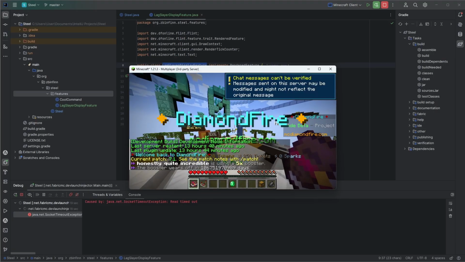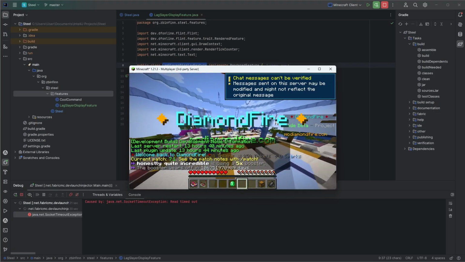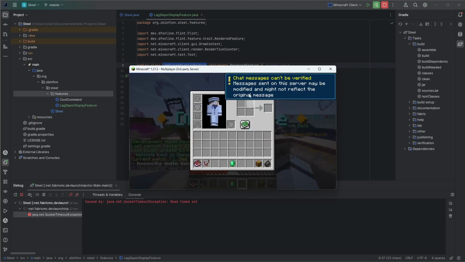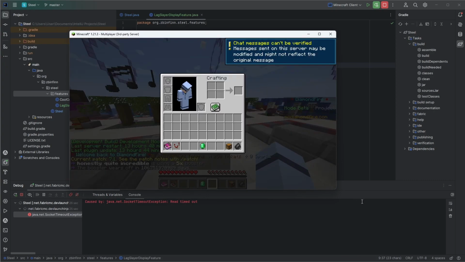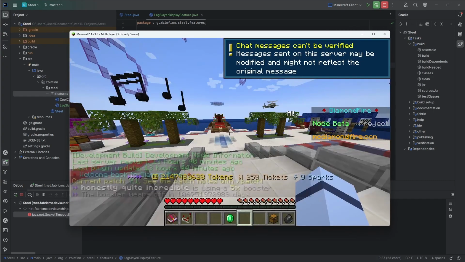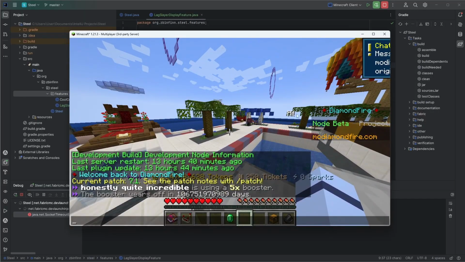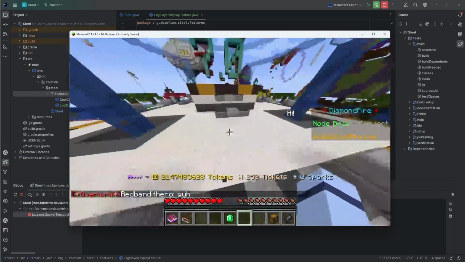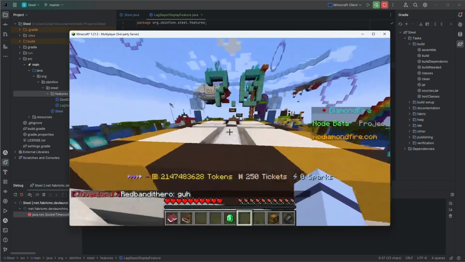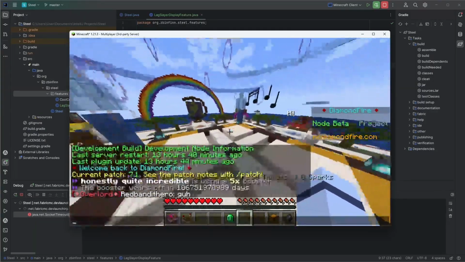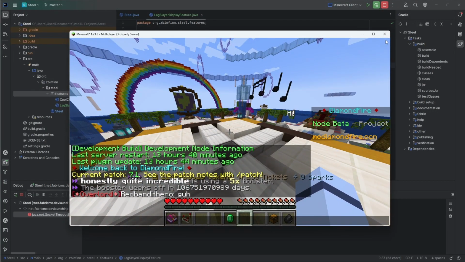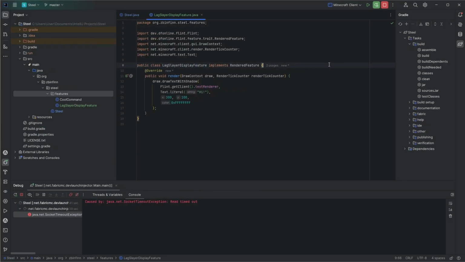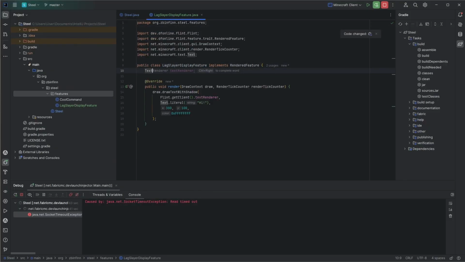So let's join DiamondFire. And let's wait for the title bar to disappear. Let's make the window a little bigger. And as you can see, this says hi. Now, we want to change this to render in the top right corner, right? So let's clean this method a little up. Let's make a text equal text.literal hi,